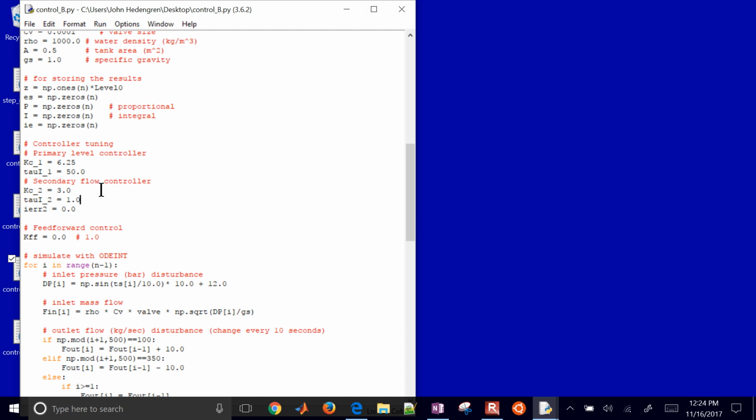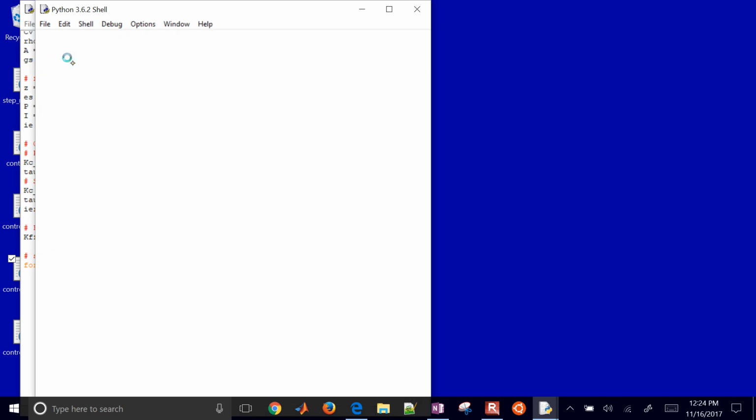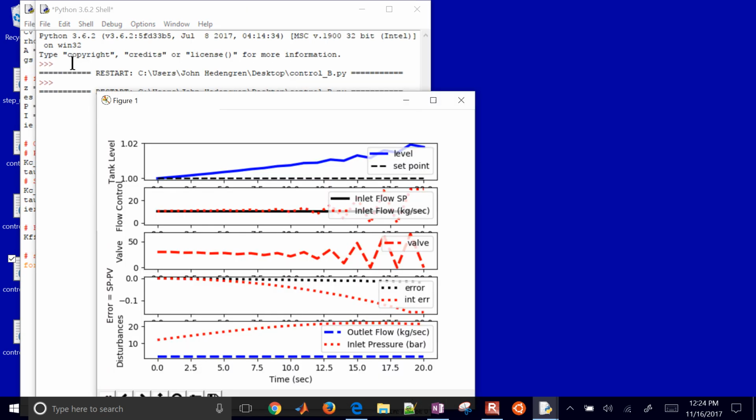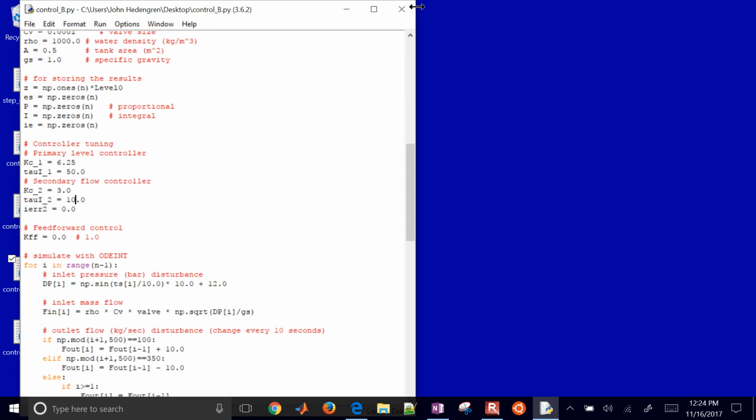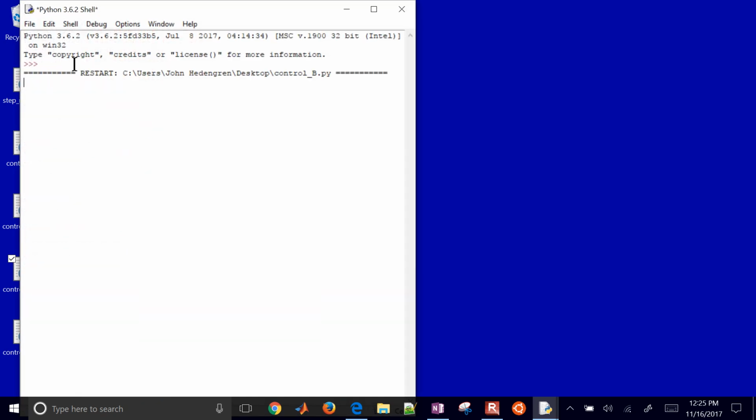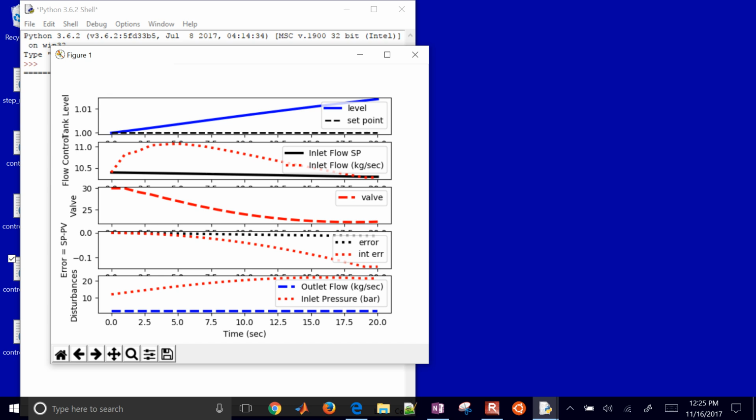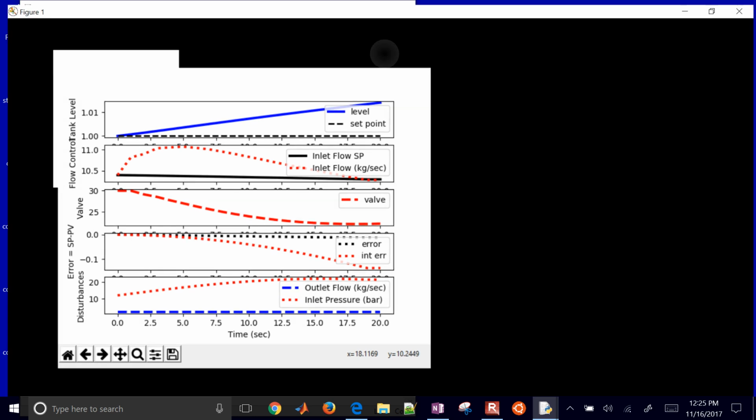I could also reduce the integral time, okay, and rerun that, and that would improve it, okay, but still too many oscillations. I'm just going to decrease the gain a little bit. So if I decrease it to 1, okay, and then run it again, then I'll see how well I follow the set point. Okay, so this is okay. It goes up a little bit here and then down,